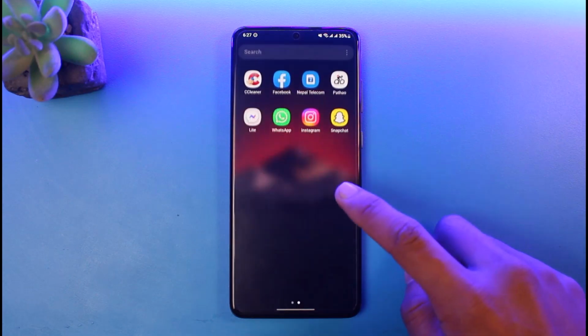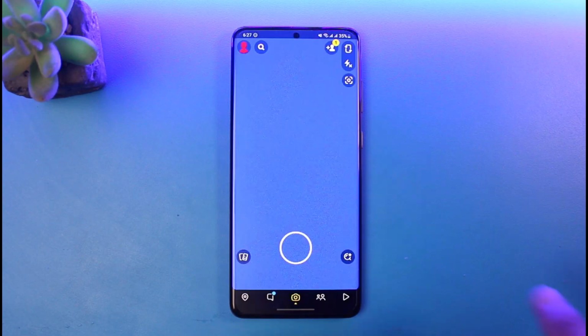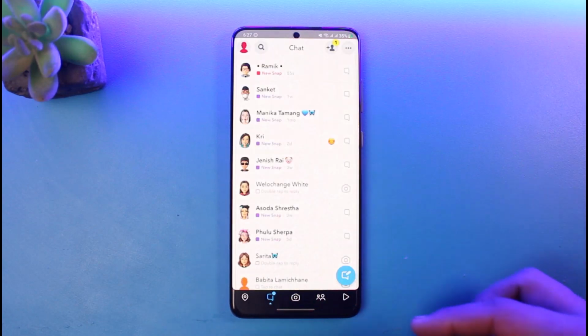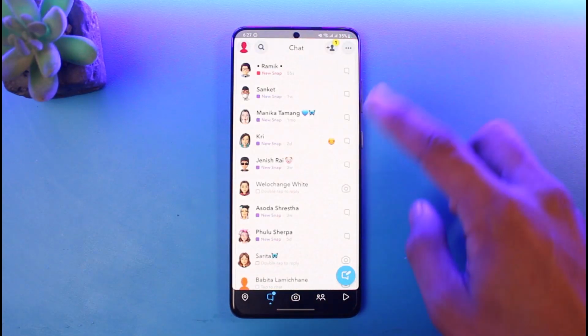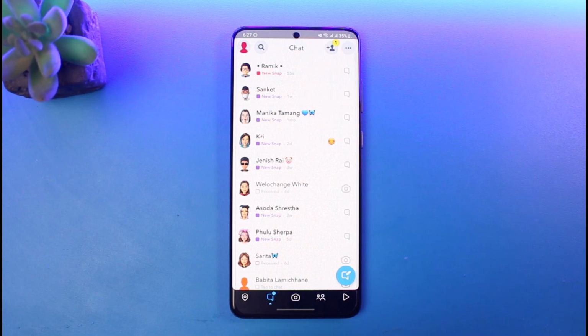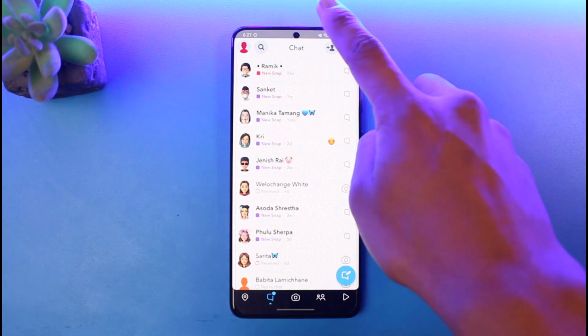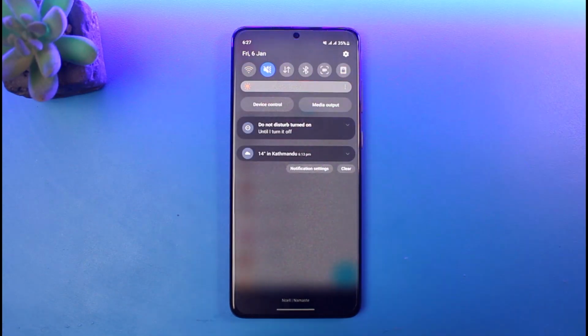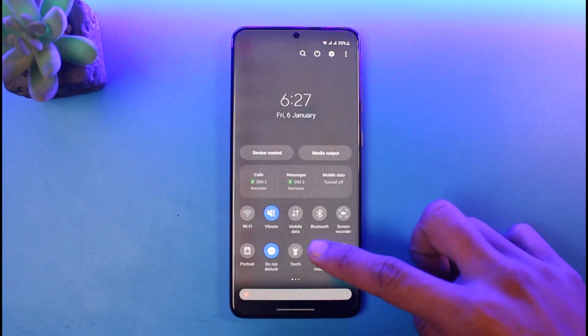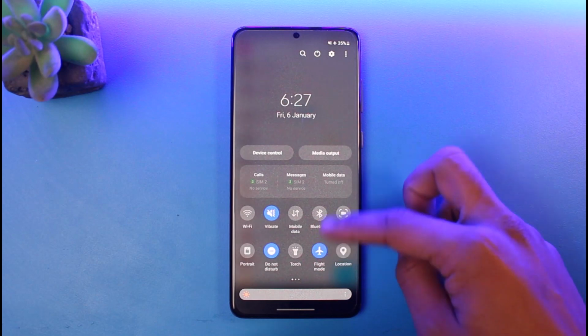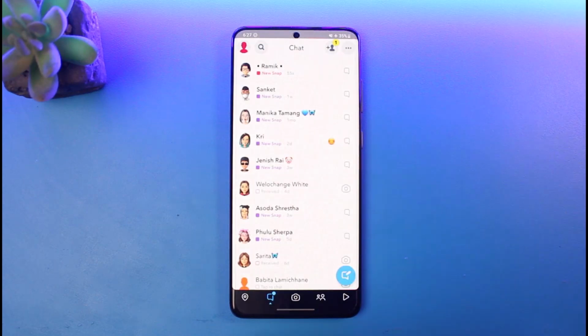First of all, make sure you're connected to the internet. Open up Snapchat, come to your chat page, and make sure the snaps have been loaded first of all. So you just want to come to the chat page and leave it at that. Now after you come to the chat page, just turn off your internet connection. Just block any of the connections from the internet. Turn on flight mode, do whatever you can, but just make sure to disconnect your phone from the internet. Now once you turn on flight mode, just go ahead and open the snap